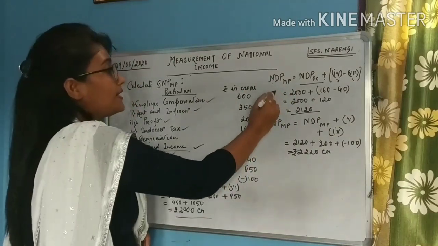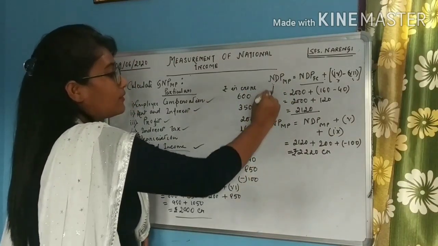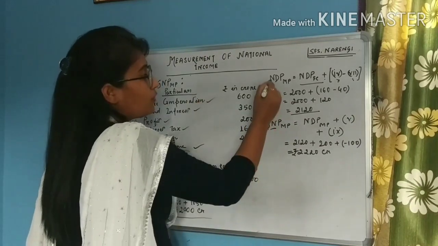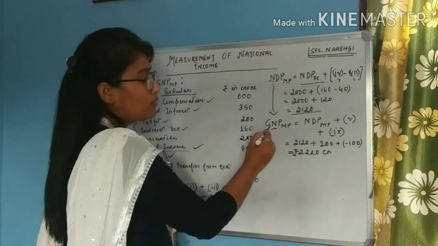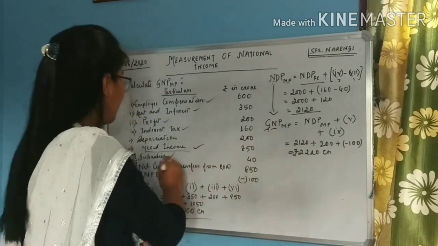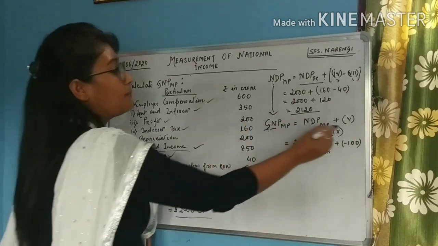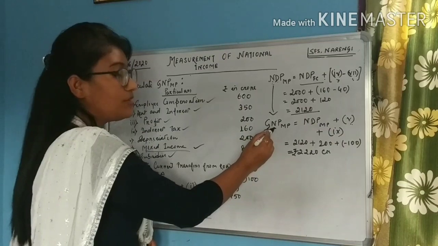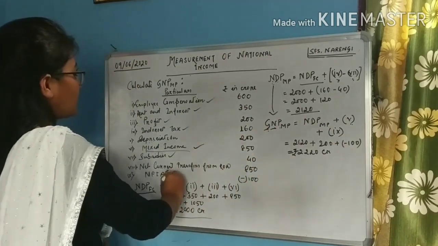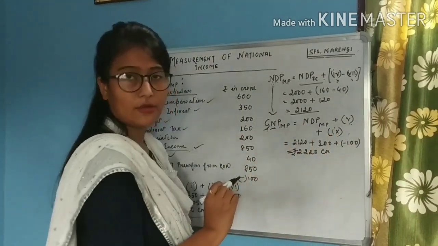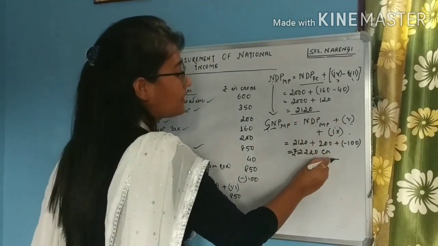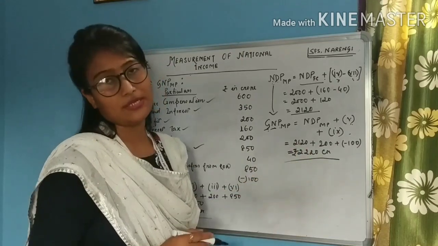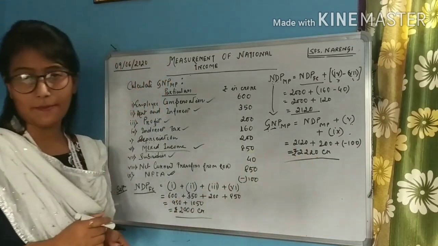Okay. So the last step, from NDPMP, I will calculate the GNPMP. Here two things have to be changed. From net, it has to be made gross. So what we have to do? Depreciation has to be added. Component number 5 has to be added. And second thing, students, from domestic, it has to be converted into national. So for that, the net factor income has to be included. Component number 9. Okay. So we will add this and this will give us 2220 crore. That is rupees 2220 crore. So this is the value of the GNPMP.